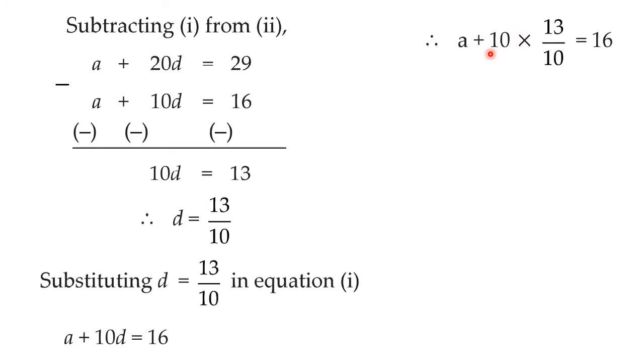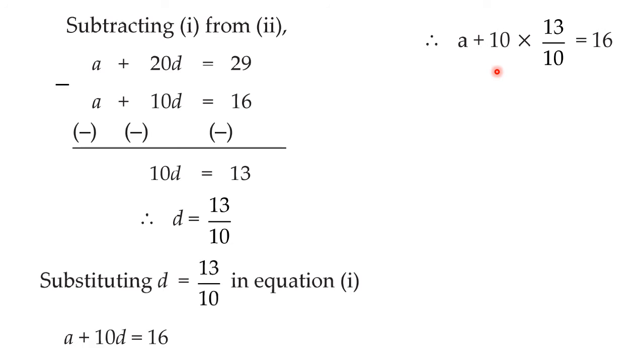So see here, 10 and 10 will get cancelled. That is why I told you that don't represent it in the decimal form. Keep it in fraction only. Always keep in mind, if you are getting the answer in fraction, you can keep it in fraction. It is not needed to convert to decimal form. Got it? So now this 10 and 10 will get cancelled.